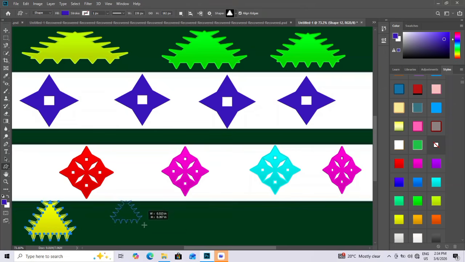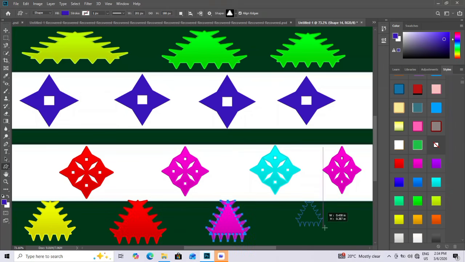Instead of erasing the edges directly, add a layer mask and select a soft black brush at around 30% opacity. Gently brush